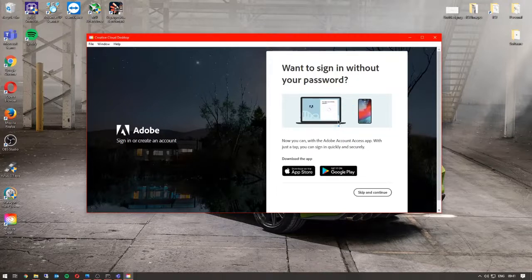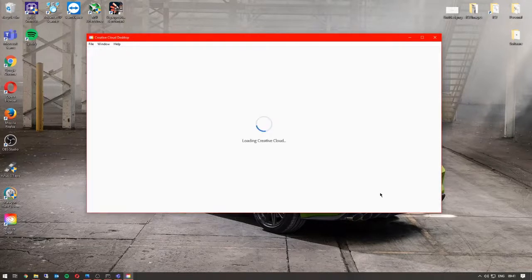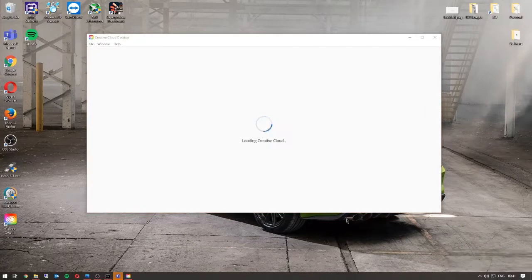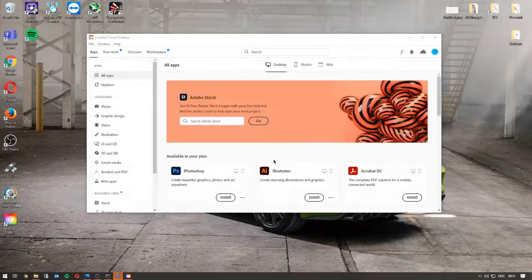It just makes it a bit easier, quicker for you to sign in, so you don't have to use your password and all of that. Okay, now once it's loaded,